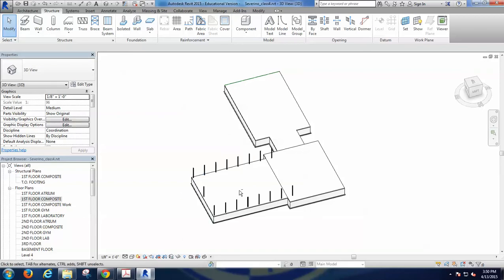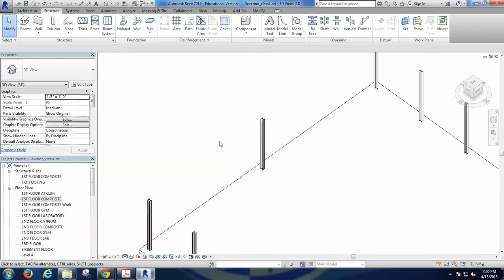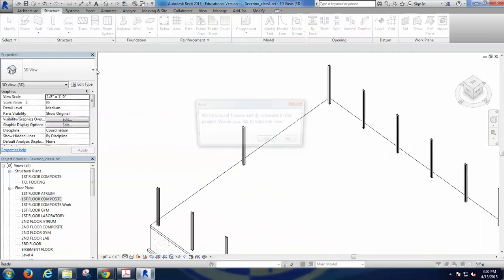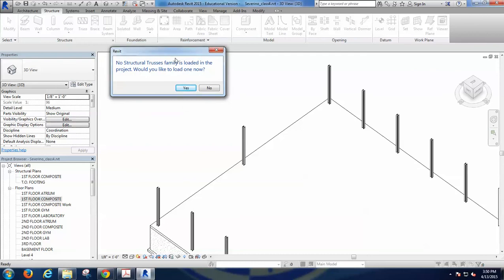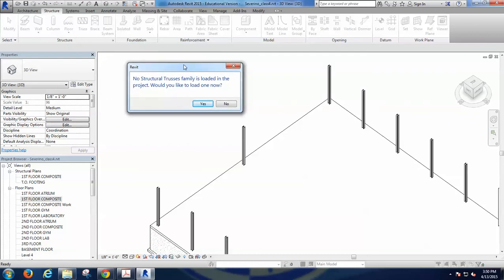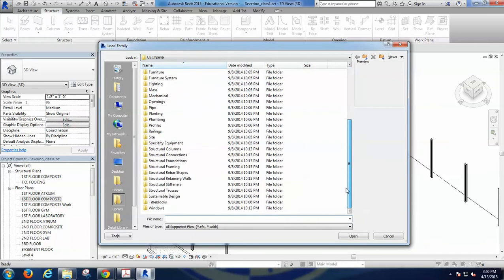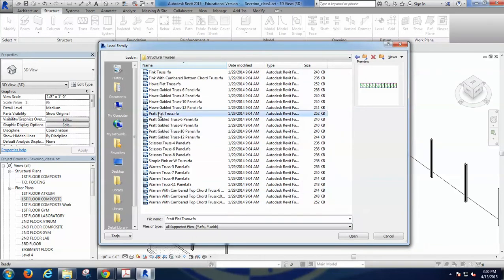So let's do it. Let's come here. Let's say truss. If you have a truss loaded already, it will tell you just go ahead and put whichever one you want. But I don't have one, so I'm going to say yes. Give me a truss. You normally go to structural trusses here, and we're going to use the Pratt flat truss. Okay, say open,